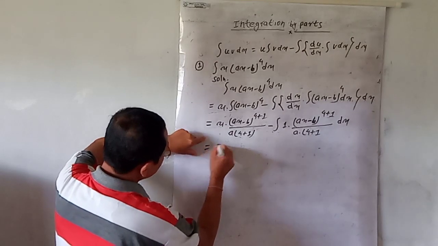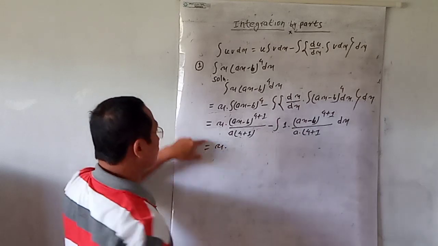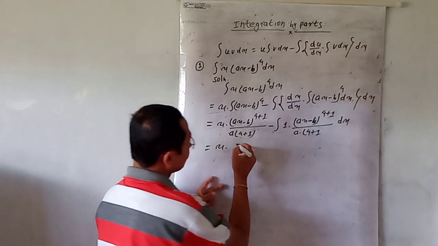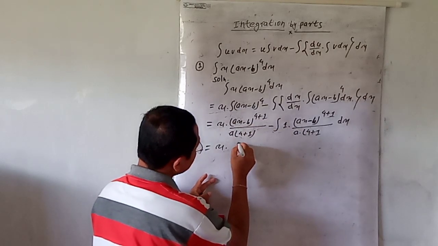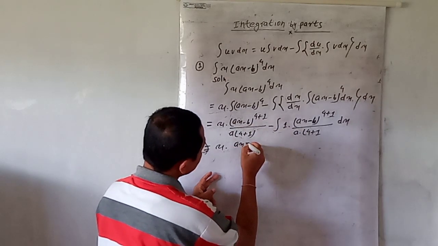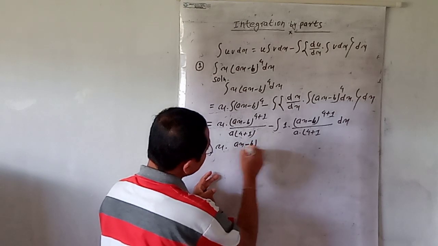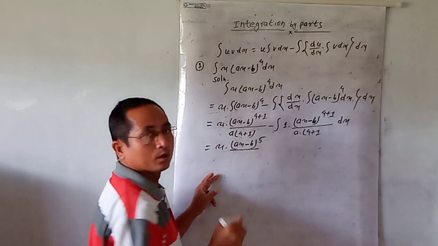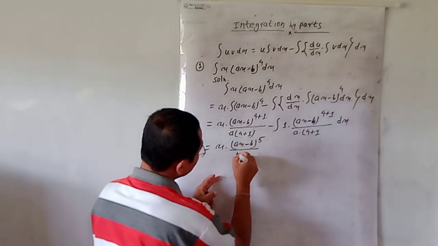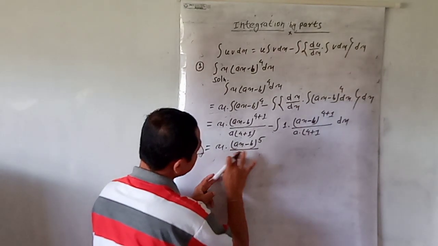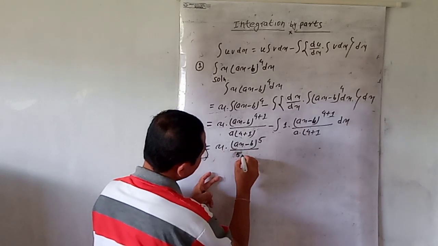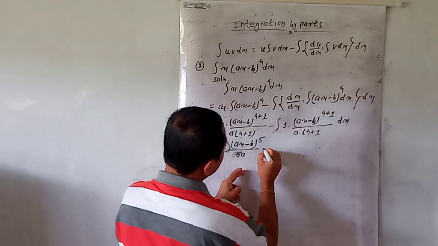This equals x into (ax - b) to the power 4 plus 1. 4 plus 1 means 5. It means (ax - b)^5 divided by 4 plus 1, 5 into a means 5a, minus